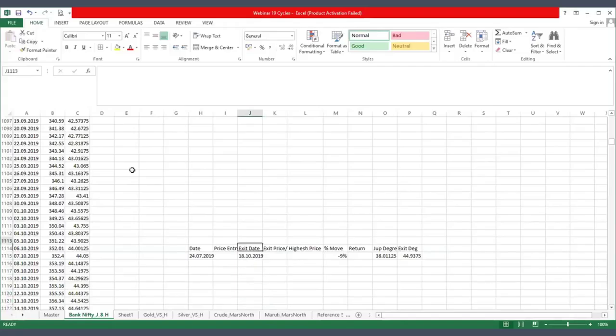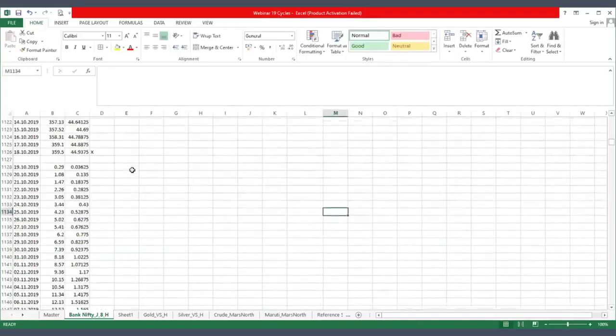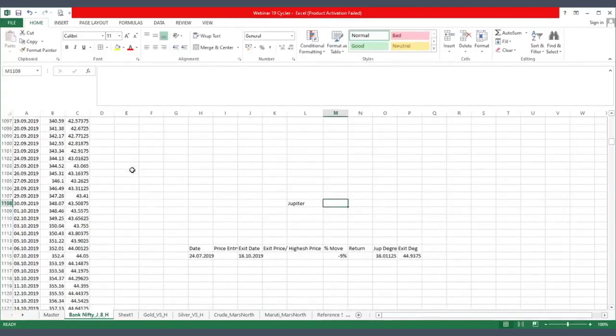Now I will tell you what is happening in this cycle. In HDFC we took the Jupiter second harmonic. Okay, so we divided 360 degrees into two parts, which is 180. Now in this cycle, we have divided this into 8 parts, which is 45 degrees. So this cycle will not move beyond 45 degrees. So it is ranging from 38 to 44, 45. Okay,